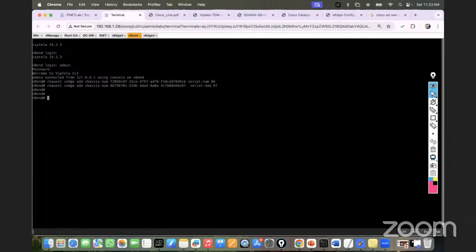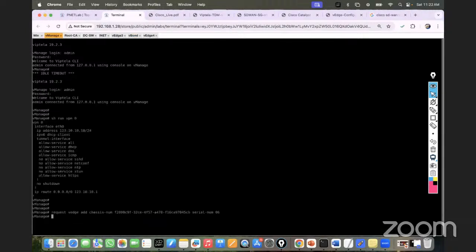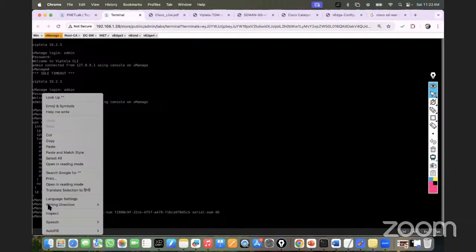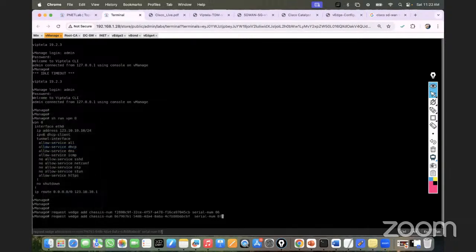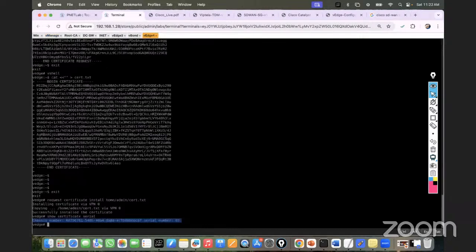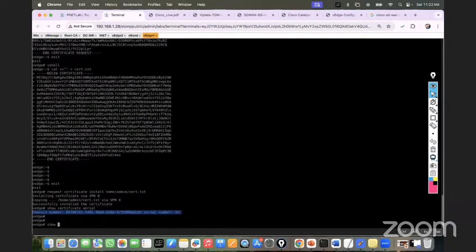This has been done. I'll go in the vManage as well. I will do the same thing. I will go in the text input. I'll paste it. Sorry. Paste it. So this has been also done. Now my certification has been done, but still this one is not showing